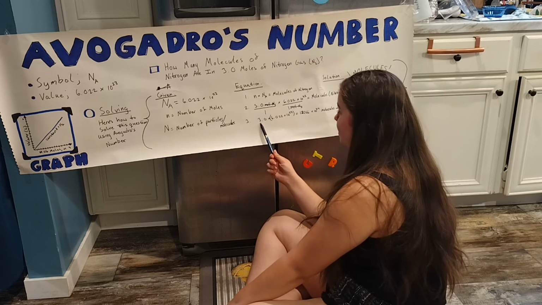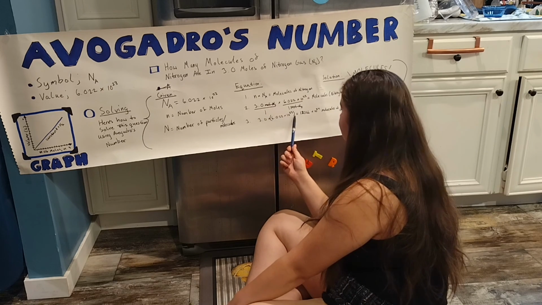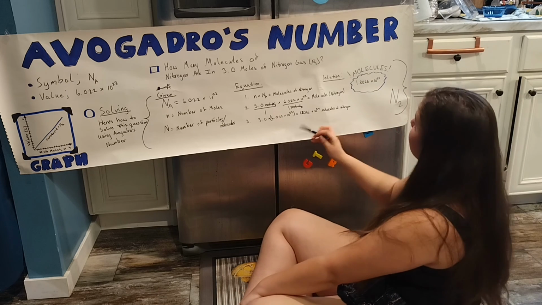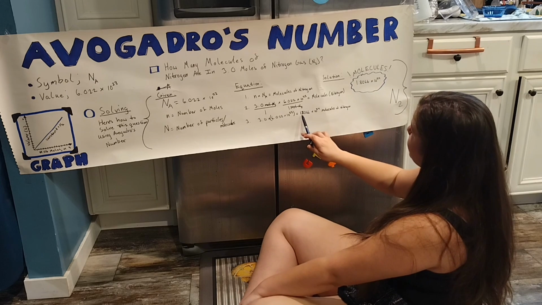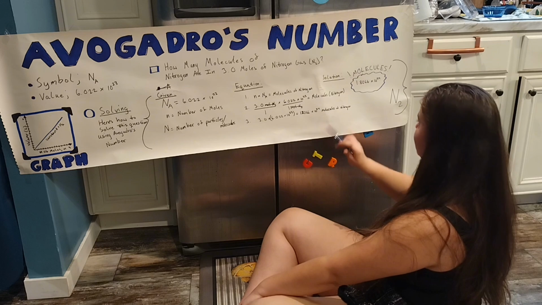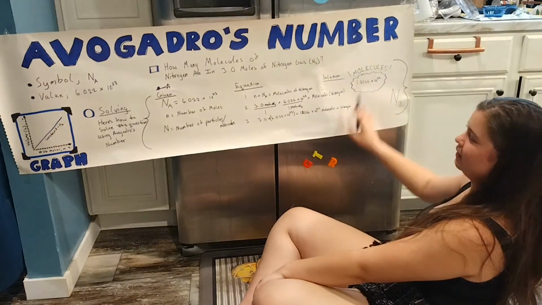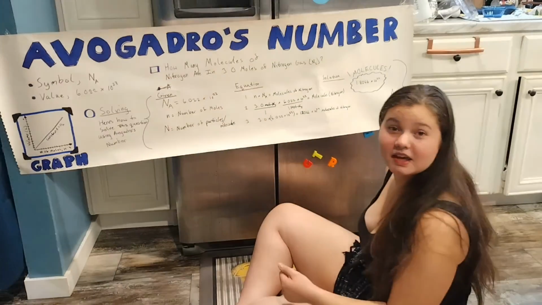So I took 3.0 times 6.022 times 10 to the 23, and I multiplied them, and it equaled 1.8066 times 10 to the 24 molecules. Ta-da! And for a bonus,